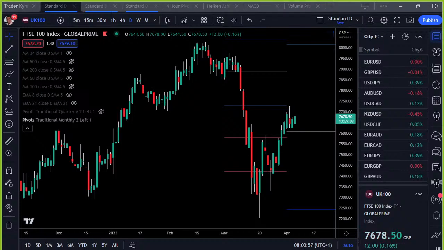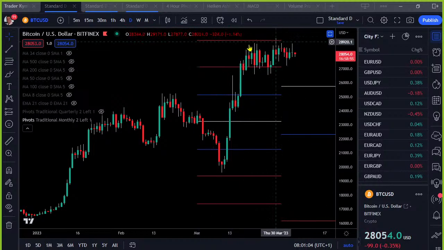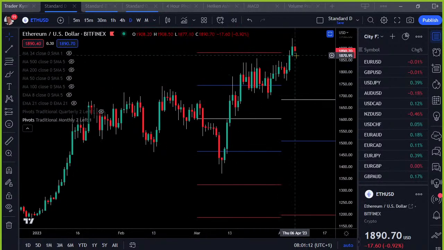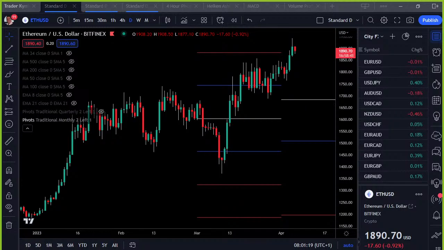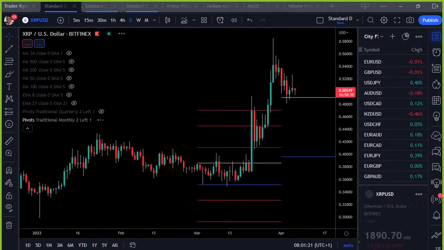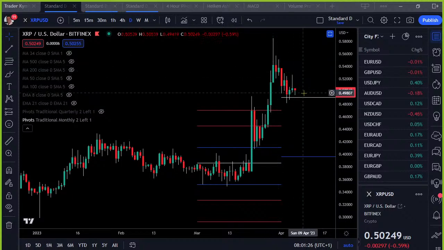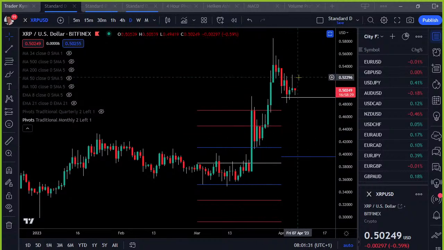I won't be looking at Bitcoin tomorrow, so I'll have a quick look at Bitcoin today just to see where we are. No surprise really, still in this consolidation phase. Other markets are doing slightly better, or have been doing slightly better. Ethereum ran up again yesterday, but is off this morning, and actually most of the other markets are just down today. Ripple has been down for a number of days here. It's not really managing much of a bounce off its monthly pivot here, but it looked like it was yesterday, but it has stalled.